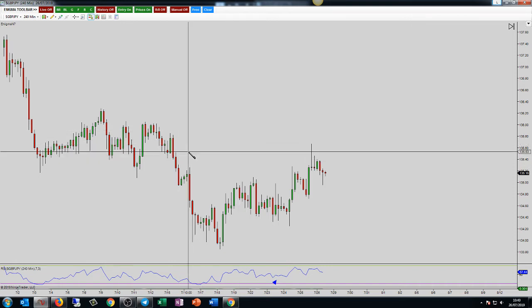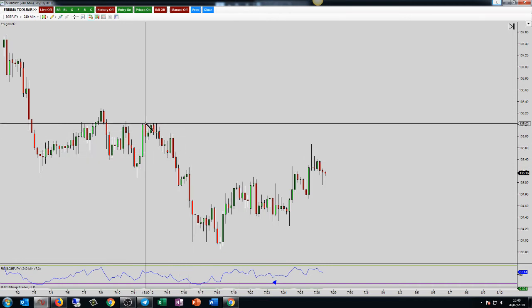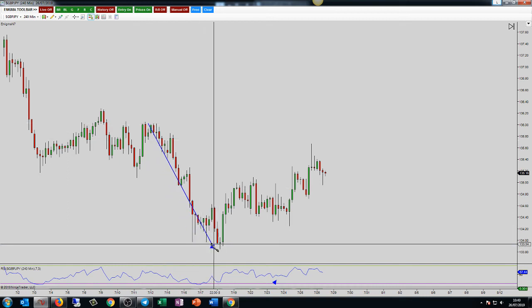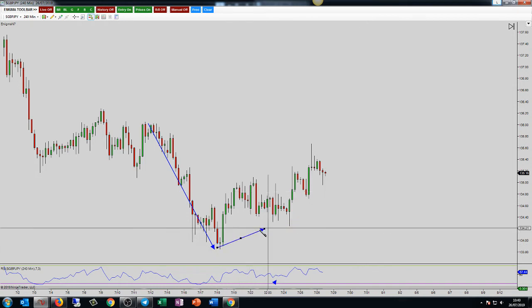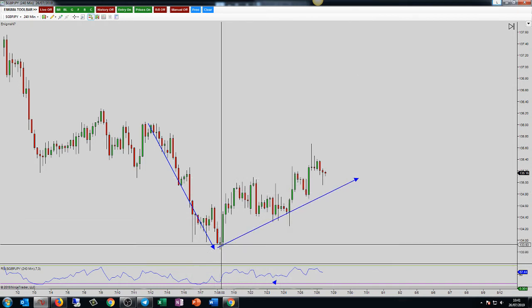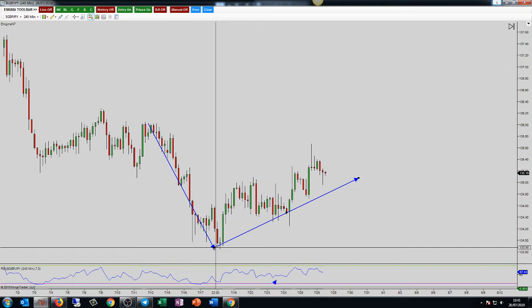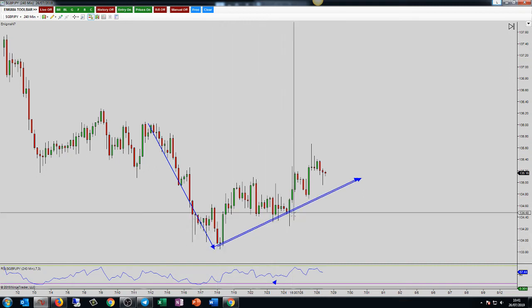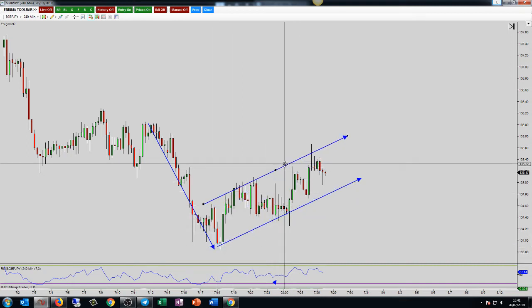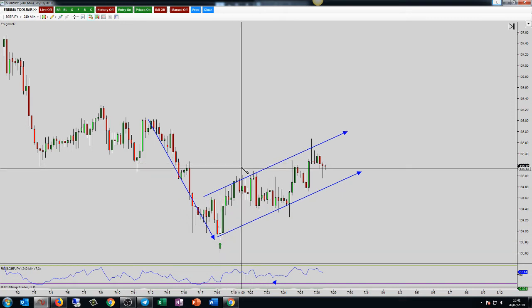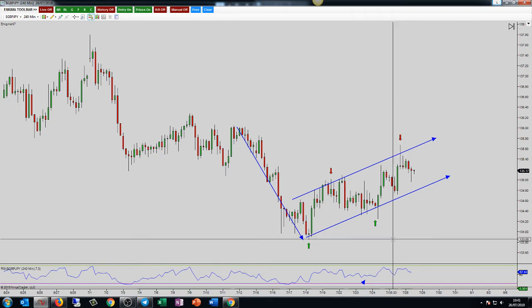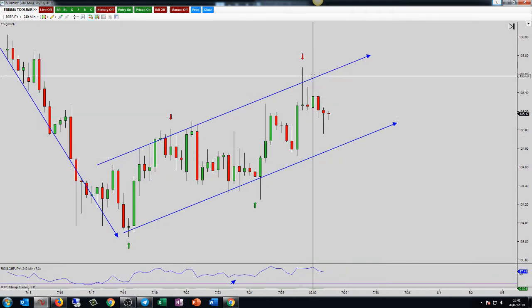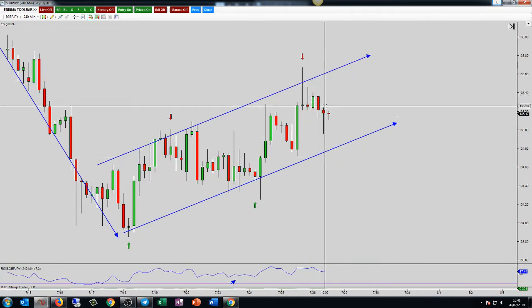He actually found this flag pattern. So, fairly directional move for the pole. And if we draw it out based on the closes of the candles, and we duplicate it and move it up, and we look for 1, 2, 3, 4 touches, you can see we have a lovely high test candle up in this zone.